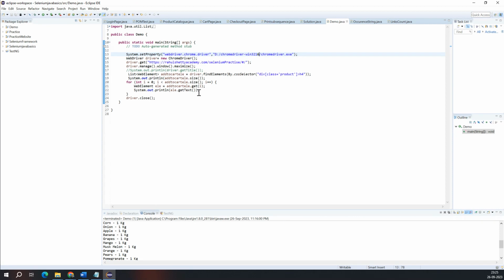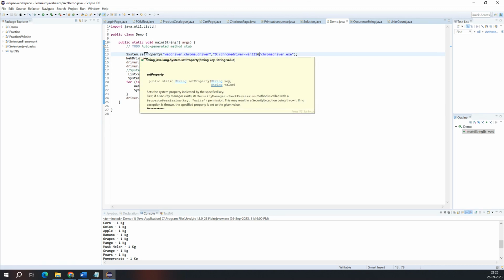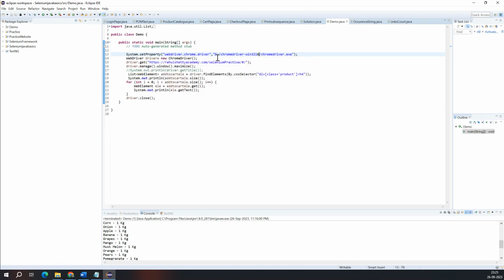So what is System.setProperty? It is just setting up your driver instance. Here we are passing the Chrome driver, whatever driver we want. For Firefox you'll need to download the Firefox driver, for Chrome you'll need the Chrome driver. System.setProperty works with a key and value pair. So we are giving webdriver.chrome.driver as the key, and we are passing the Chrome driver